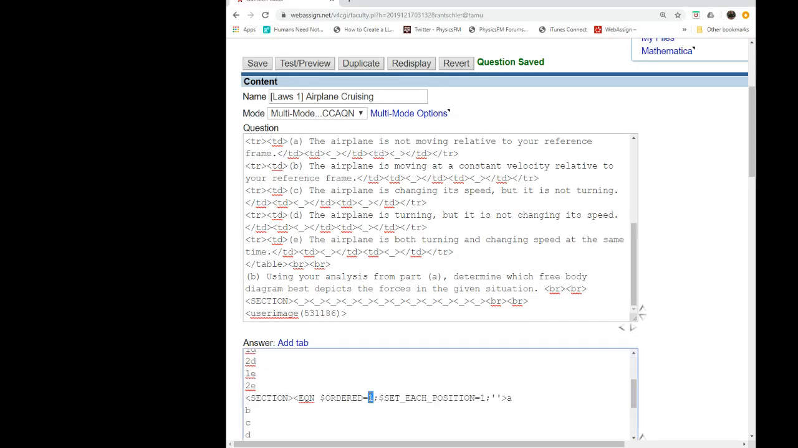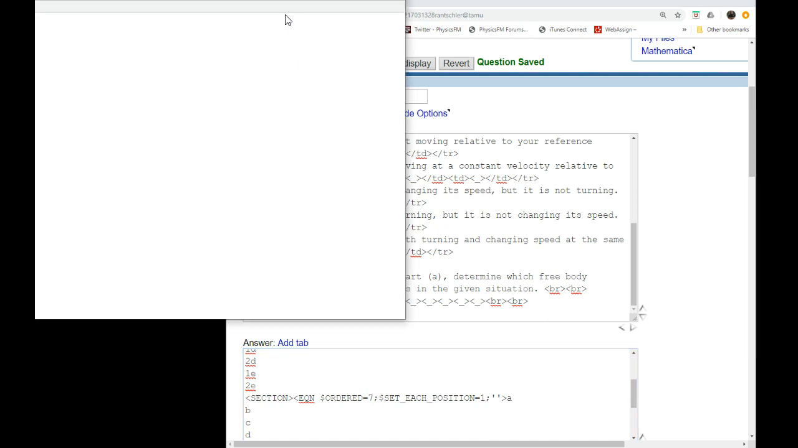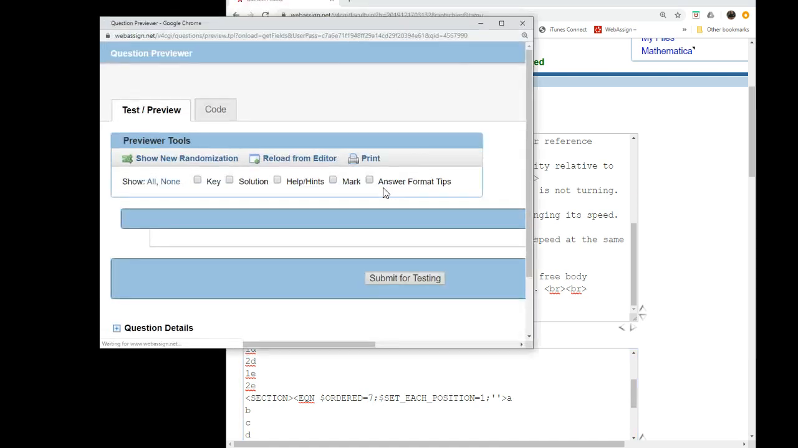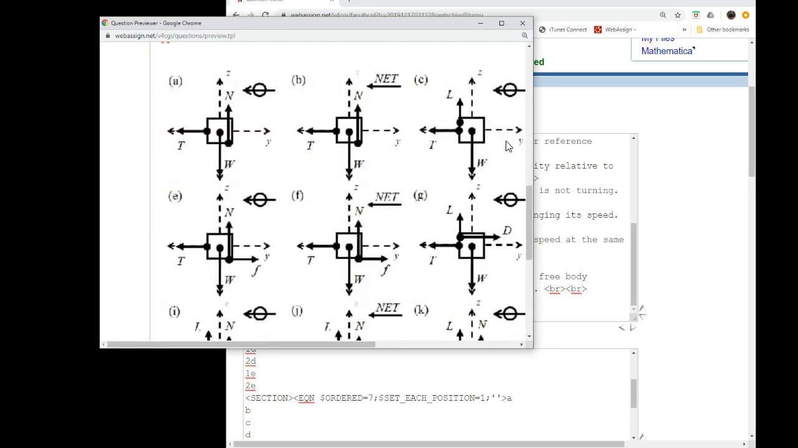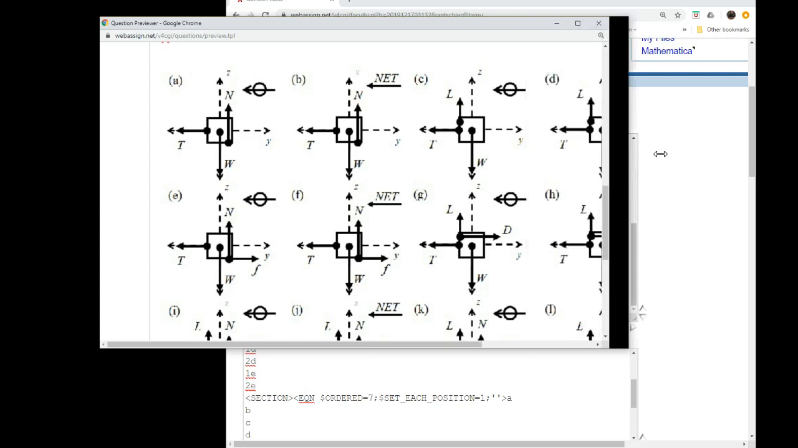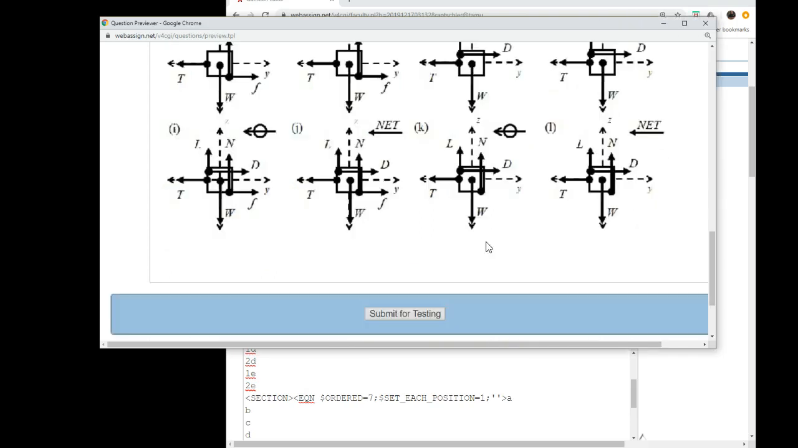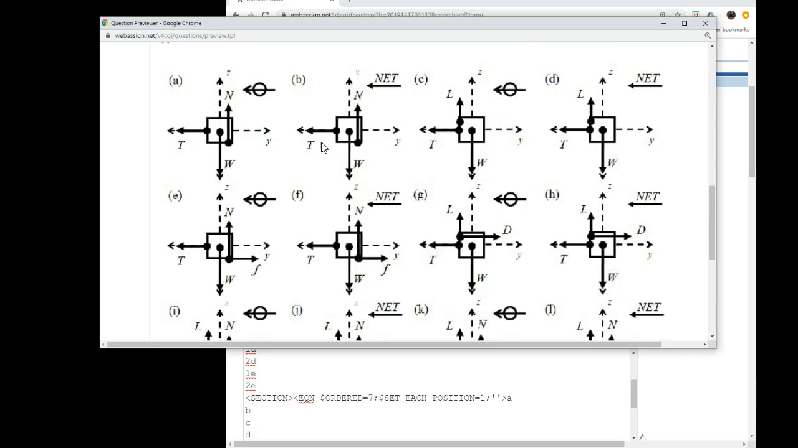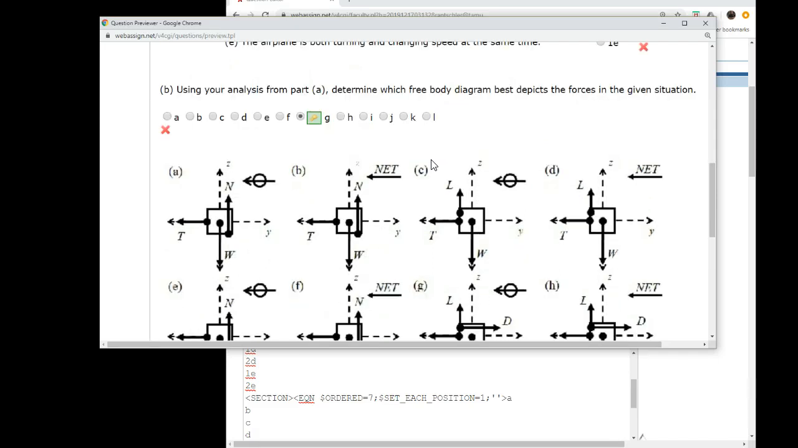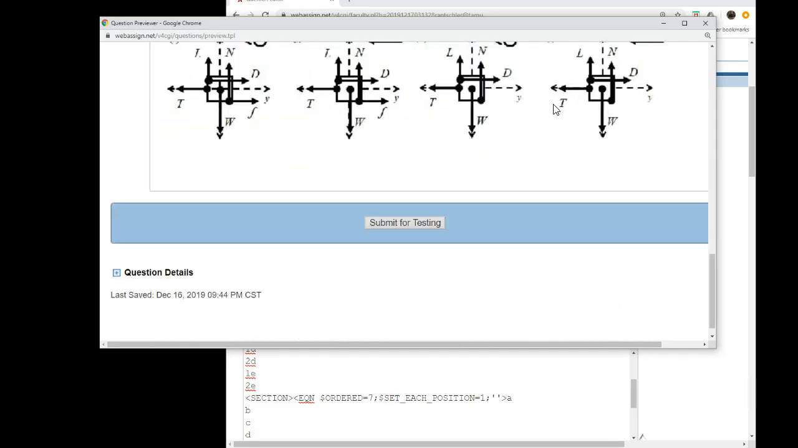So we want ordered equals 7 here. And that should get us a thing with the correct answer, right? So this G is going to be the correct answer here. So that's good. We've got that all figured out. Somewhere in the middle there is a correct answer. So then, what do we need to do? I think what we need to do